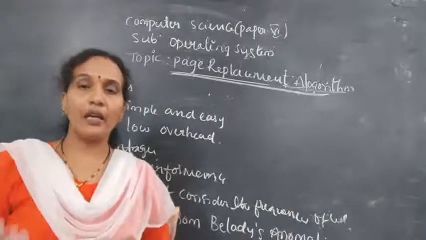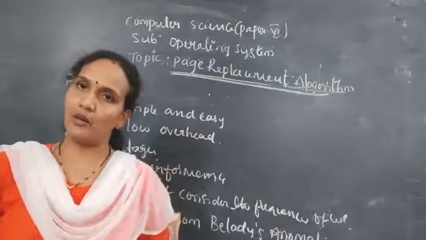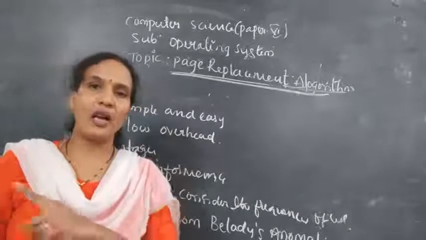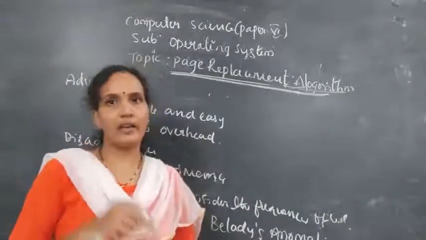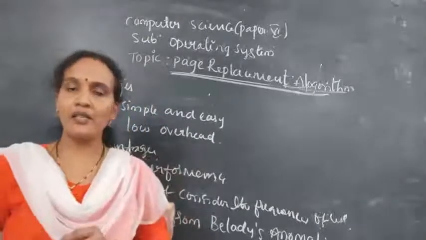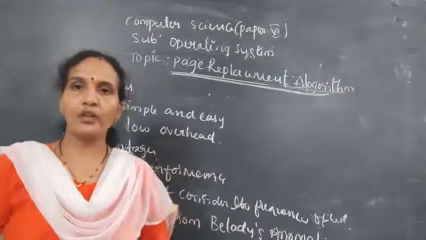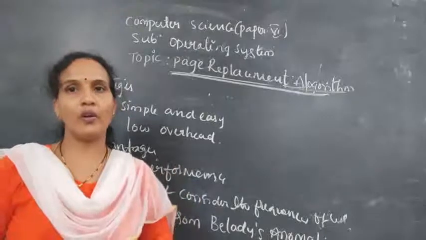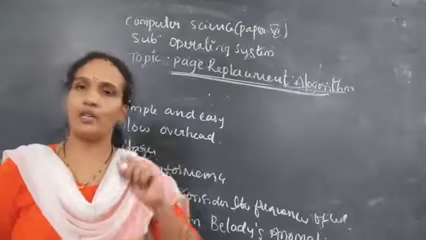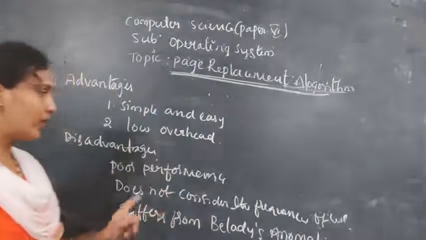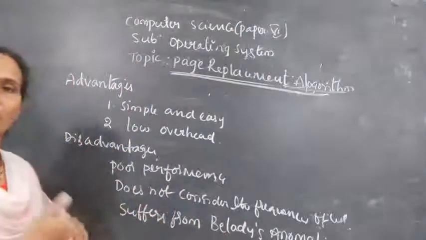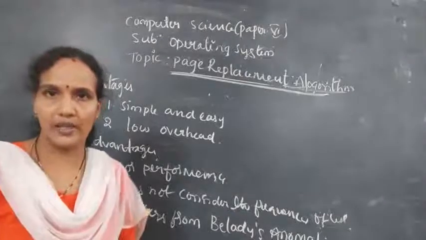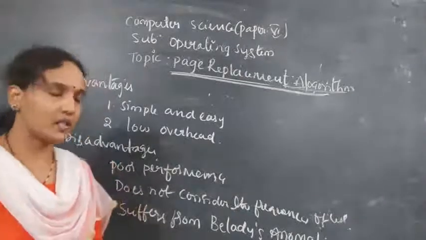So what happened? Once a page came into the main memory, it is swapped out, again loaded into the main memory and again swapped out. It means one page is loaded a number of times. So it is not maintaining any track or keeping any record of already loaded pages. It does not contain frequently used pages information. That is also one of the disadvantages.